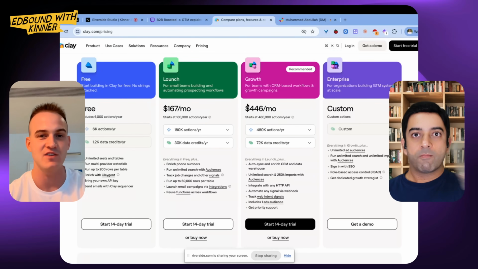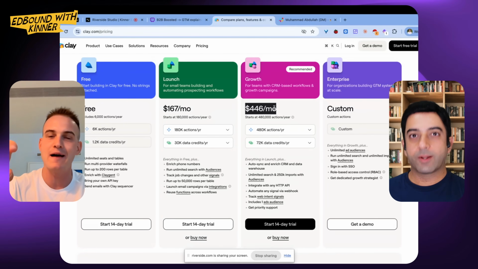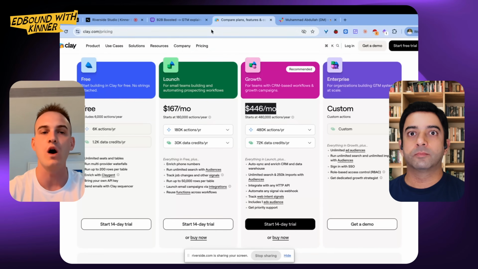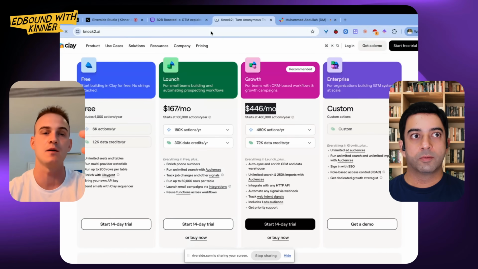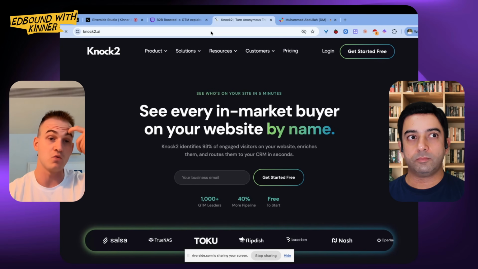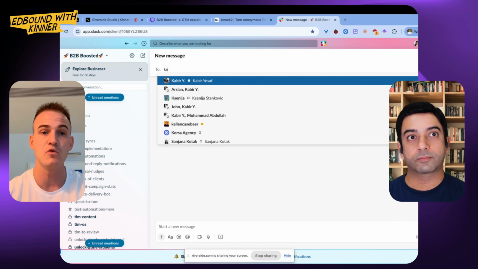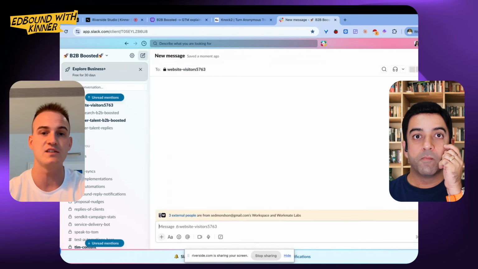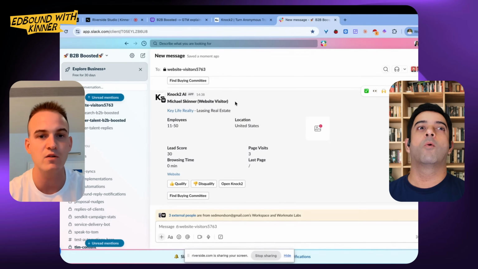However, the caveat to that is that Clay, since it is just the middleman that connects all the APIs, is taking a large cut. So what I personally recommend instead, and what I personally use right now at the time of this conversation, is a tool called Knock2, and it does the exact same thing. It's a lot more intuitive to set up. And what it basically does on the back of it is, if I just go into a Slack channel, it basically just sends you in real time